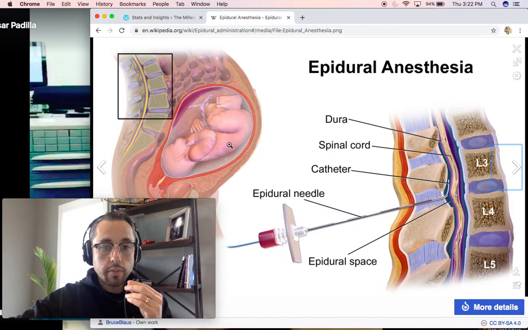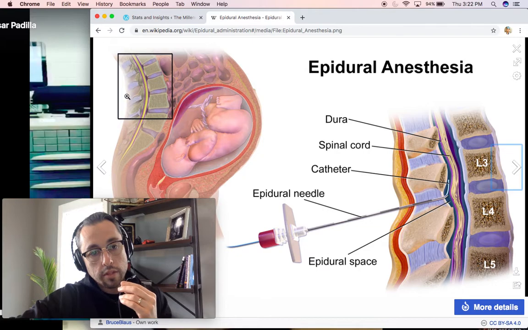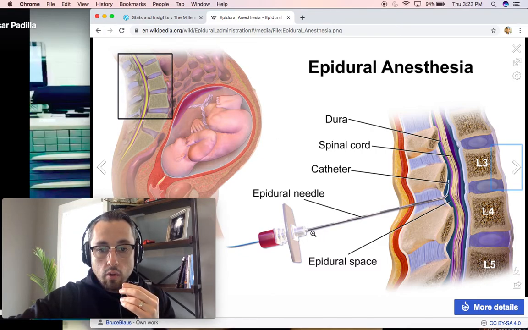So this is a pretty cool depiction. Again, the image is flipped, but this is where the needle is coming through here. If you could just imagine my mouse cursor over here. Now this is the catheter, or the wire. I call it a thin wire, and this is your needle, and you want to go between the bone,